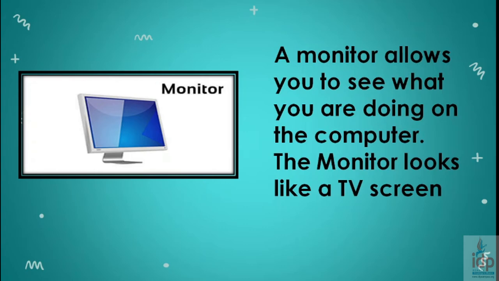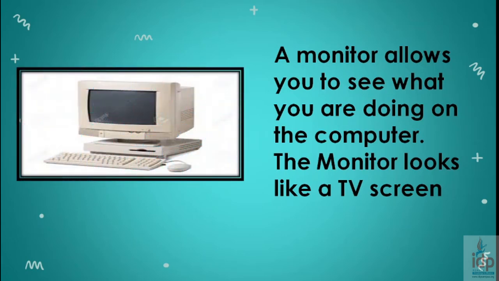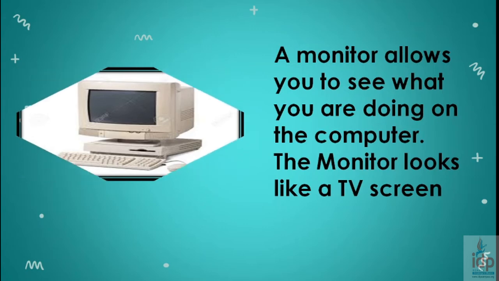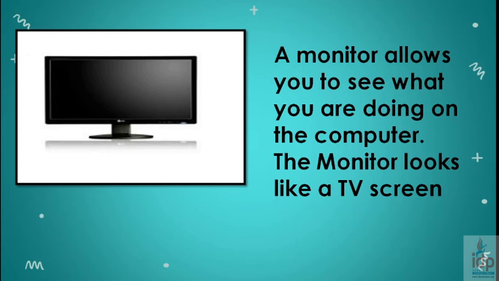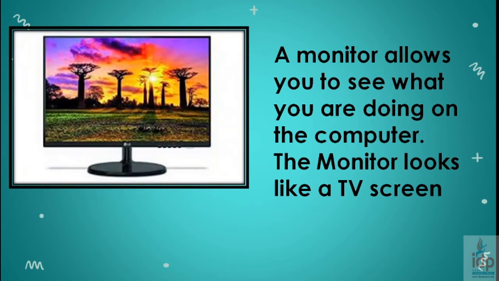There are three types of monitor. First one is CRT. CRT monitors are bigger in size and consume more power. Second is LCD. It is a flat type of computer screen that consumes less power. Third one is LED. These monitors have better display. These are thinner and lighter in weight. LED monitors use 40% less power than LCDs and last longer. These monitors are in maximum use today.